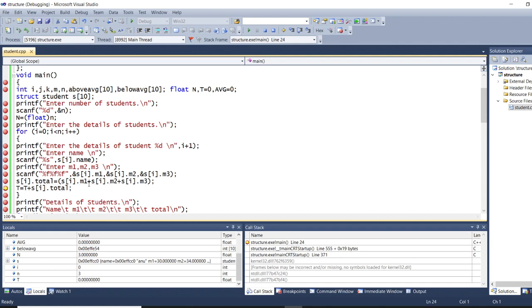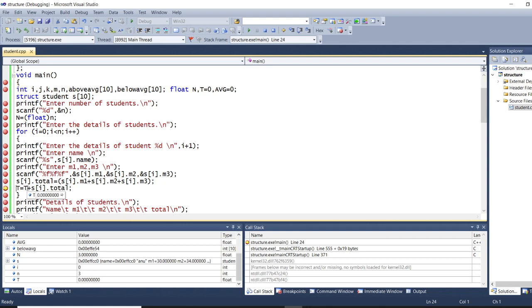You can see the first internal, that is m1 marks, is 30. For the first student, m2 marks I have given as, you can see over here when I mouse over, 34, and m3 is 37. When you add these three, you will get total as 101. Next you should see the total for t, that is, for every student you should do the total, so that you can calculate the average of all the three students. So that is why you need that also.